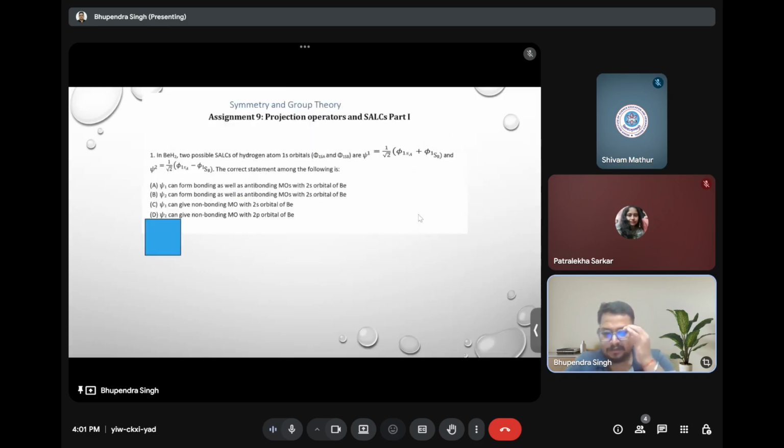So this is our assignment. Assignment number 9. Today we are going to solve our assignment number 9. This is the first question. The question says that in BeH2, two possible SALCs of hydrogen atoms' 1s orbitals are these two, and the function is also given. The correct statement among the following is,